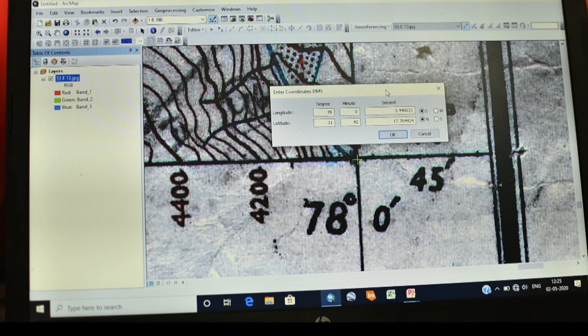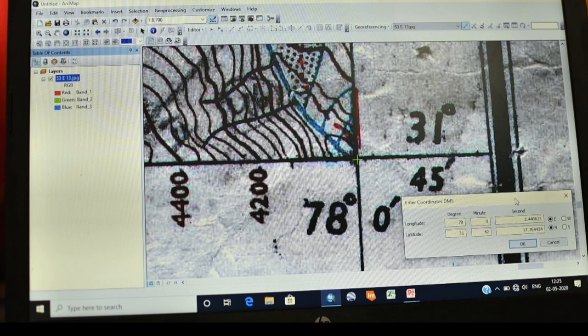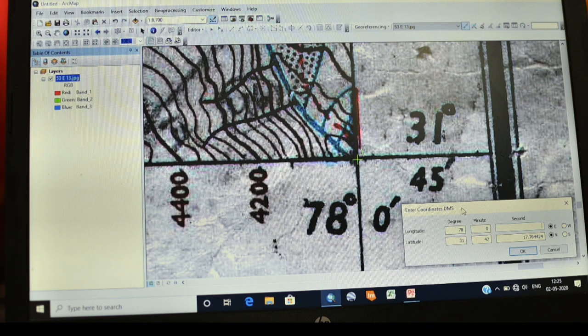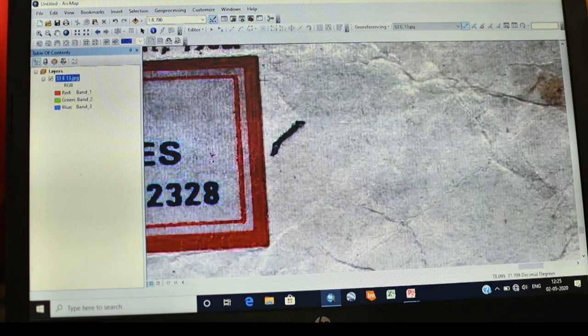Here you would see that automatically the software has taken almost the value, longitude 78 degree and minute 0, it is written here 0, and you can remove this, delete, and input the latitude value 31 degree and 45 minutes, and keep second again blank and click OK.